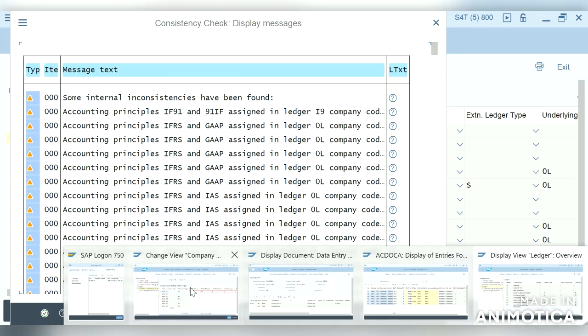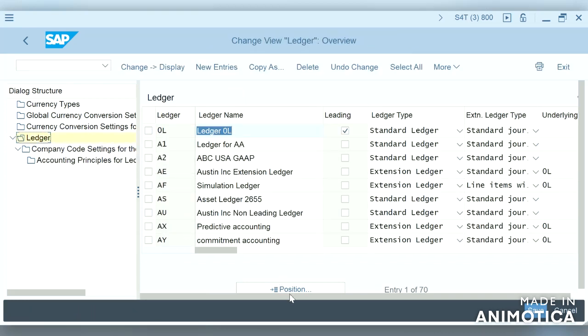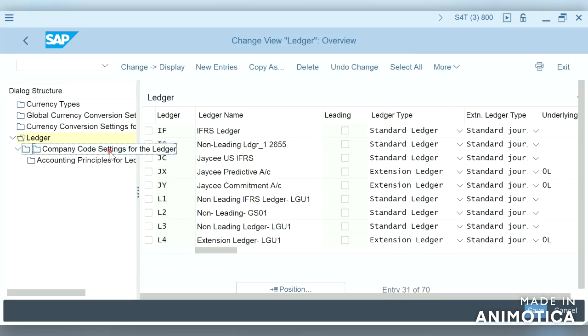So here what I did is company code settings for the ledger. So the ledger I came to is IF. I thought of activating it to the company code.